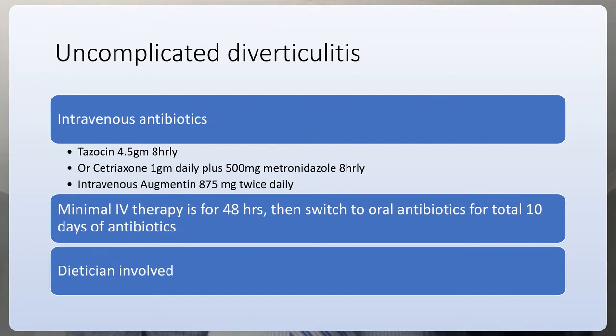But for most patients, if we are not using the intravenous regime for augmentin, they could go on a twice daily dose of the same antibiotic. Usually, I prefer them to have about a week to 10 days of full antibiotics,